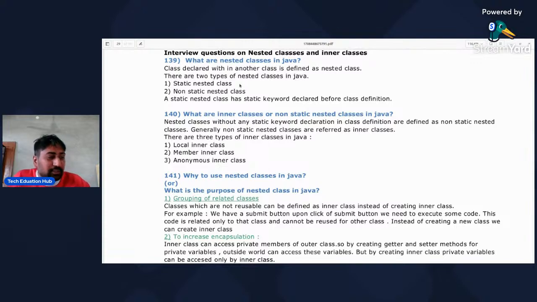There are some requirements where we have to declare one class inside another class, because by itself that class will have no meaning. So sometimes we have a requirement to create a class inside a class, or inside a class we can create an interface, enum, whatever. So we will discuss